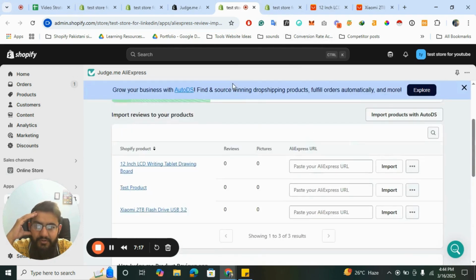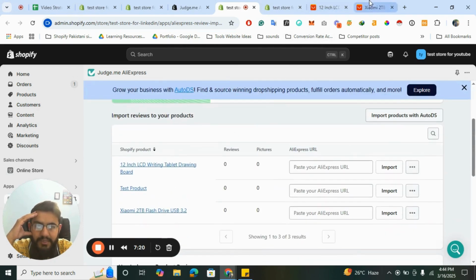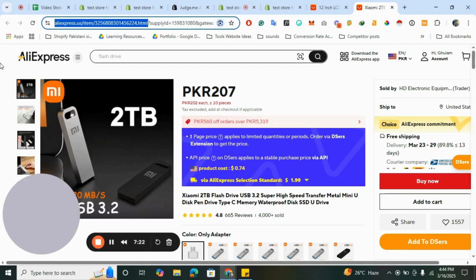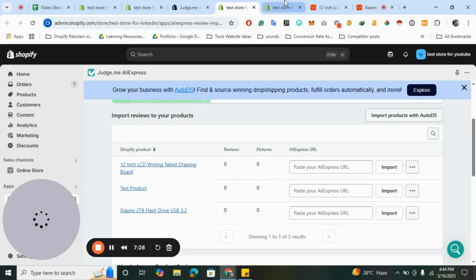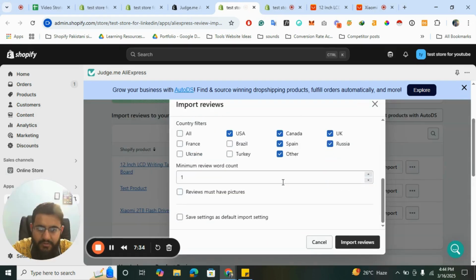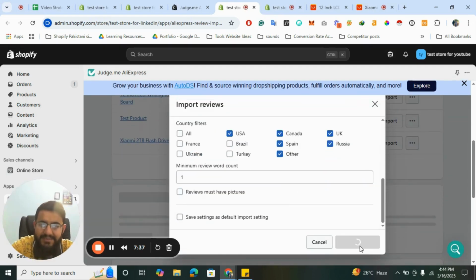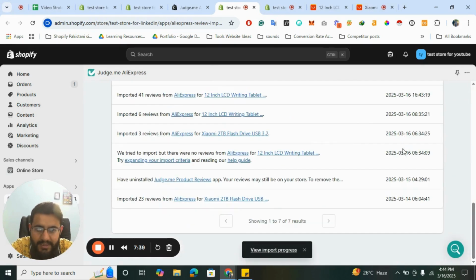So again, I want to import reviews for another product. You don't have to copy the whole product URL up till HTML. You can copy this part, click on this one and click on import. It has automatically detected the settings that I imported. And let's see, it has imported 6 reviews for 12-inch LCD and 41 reviews for